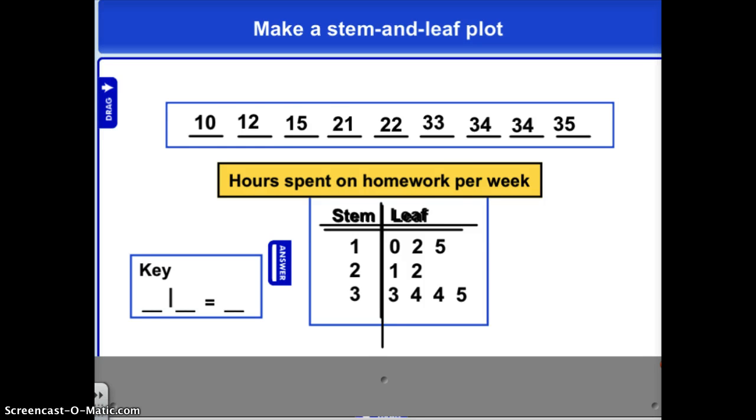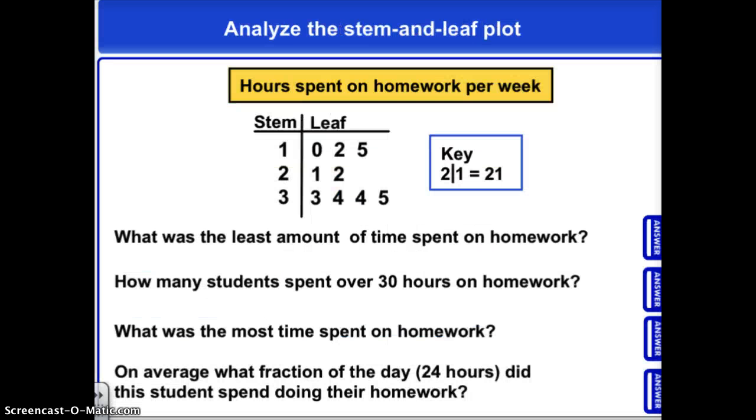Using the stem and leaf plot that we created from the hours spent on homework, we have a question that says, what is the least amount of time spent on homework? You should have selected the answer, 10. How many students spent over 30 hours on homework per week? Looking at the chart, we have 4 in the 30s, therefore you should have said 4. What was the most time spent on homework? The largest number,